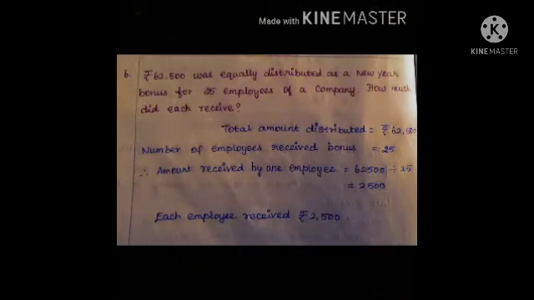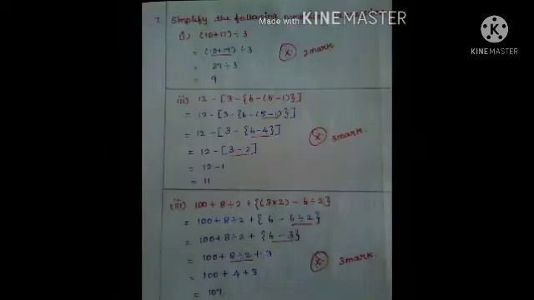Okay, now next, the 7th sum. Like that example sum, only this 7th sum. The 7th sum is a very important sum. Always they ask it for 2 marks or 3 marks, only this question. Okay, see, simplify the following numerical expression.